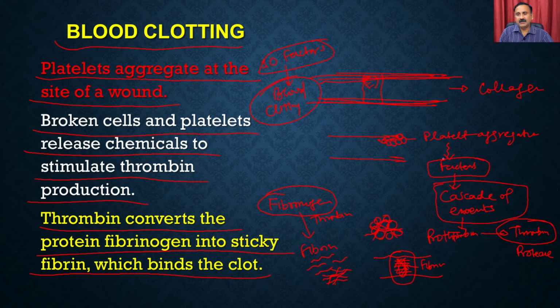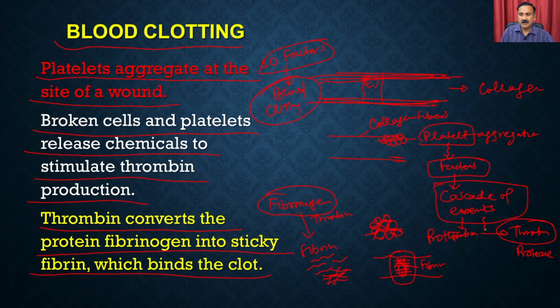So this is an overview of how the platelets contribute to blood clotting. Initially you have an injury, which exposes the collagen fibers, and once there is exposure of collagen fibers, it allows platelet aggregation. So platelets will come and stick to these collagen fibers and aggregate. Once there is platelet aggregation, they start generating the factors, and then these factors activate a cascade of events,